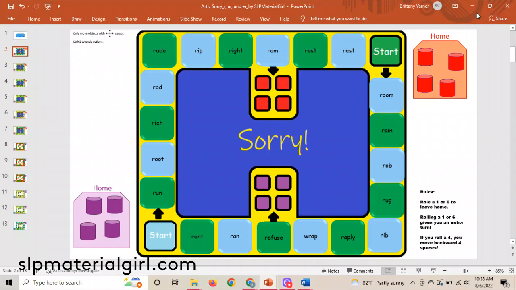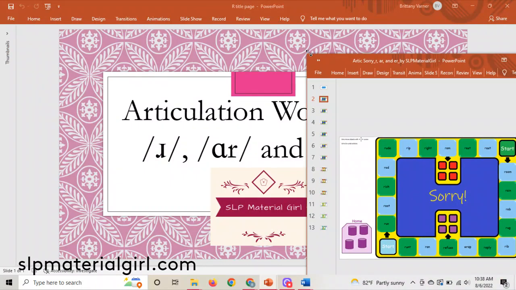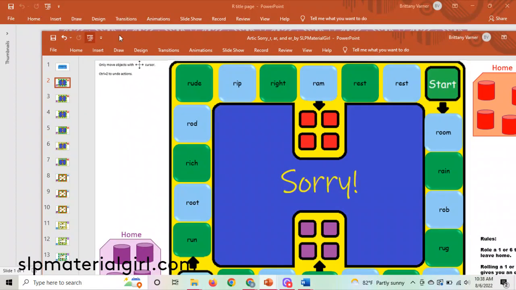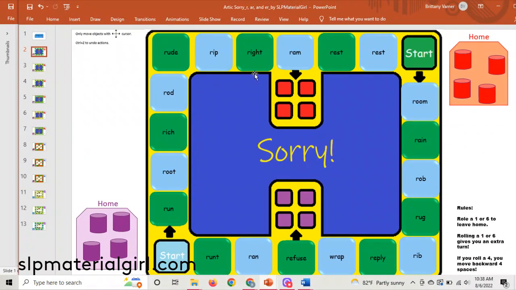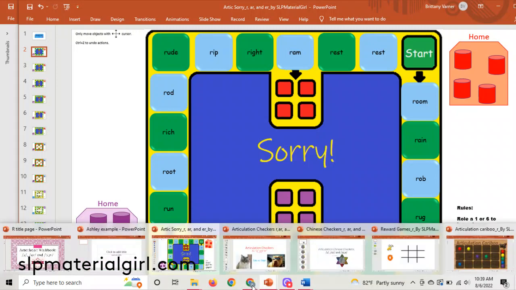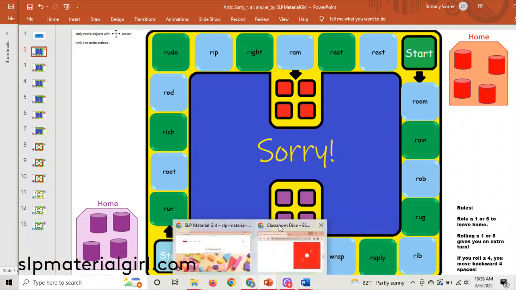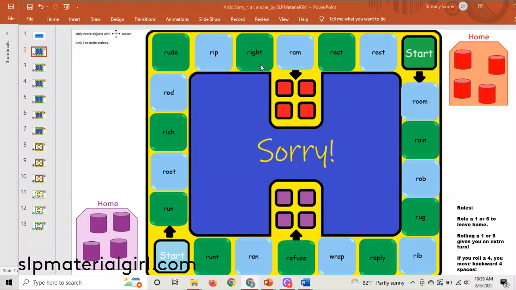Here's what I suggest. If you want to use a virtual die, make the screen just a little bit smaller, and I will explain why in just a minute. Like about there. You want to leave half an inch of room. And then let's pull up a virtual die. I have a site I actually like to use. It's called